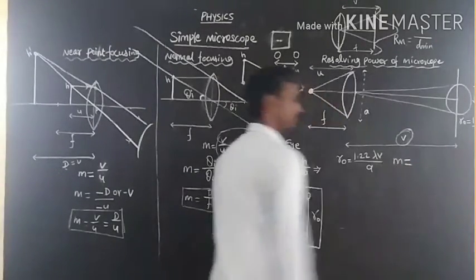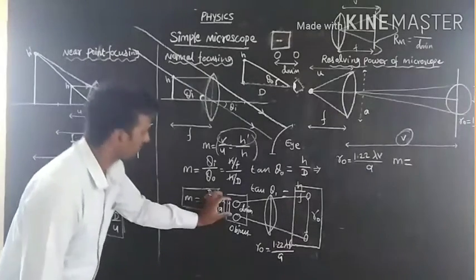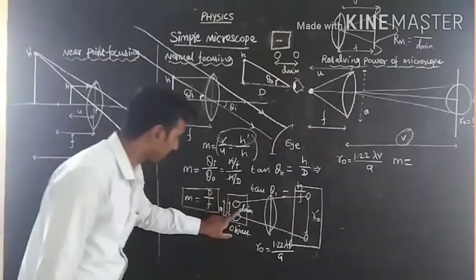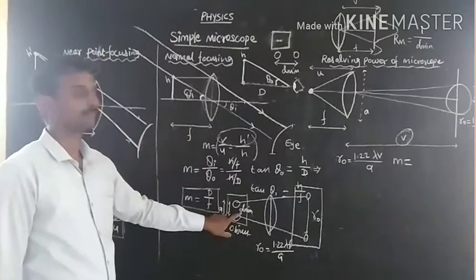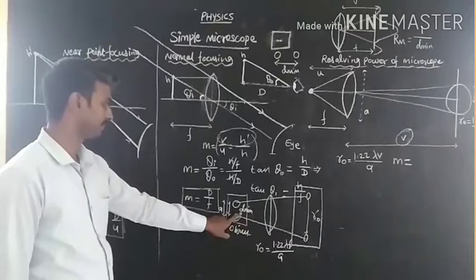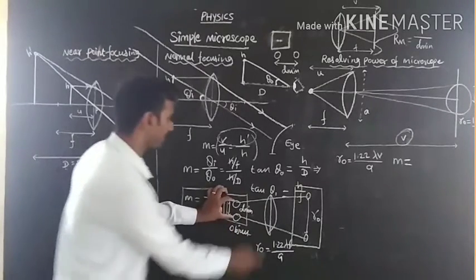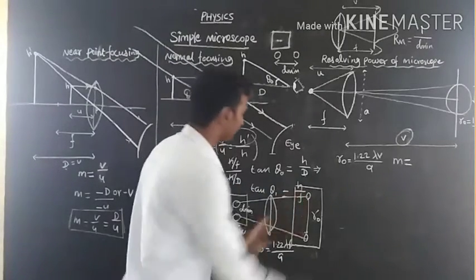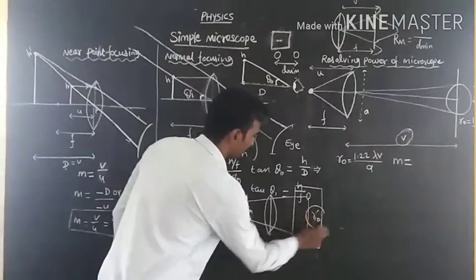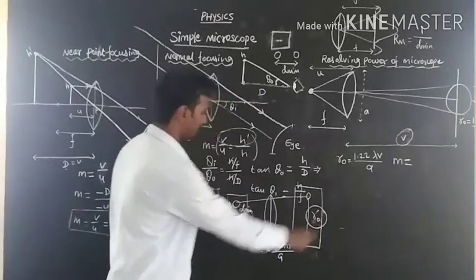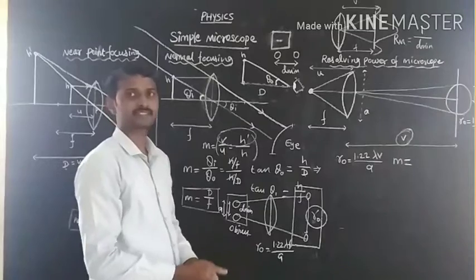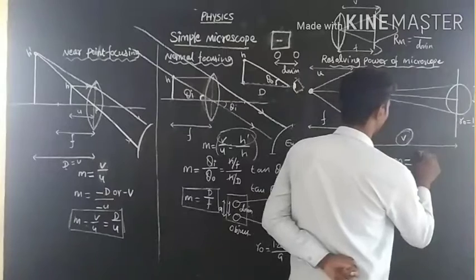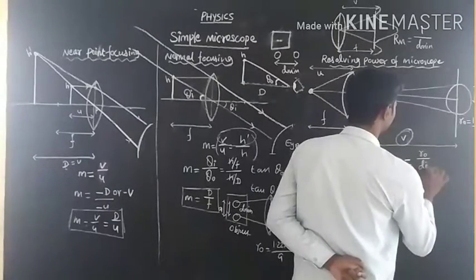But here I am going to write another formula. Actually, the distance between the 2 points in an object is denoted by d minimum. I am going to view the object with the help of the microscope. It is extended to R naught. So this is the image. So I am going to get the ratio of R naught to d minimum. We get magnification. So the new relation of magnification is R naught divided by d minimum.